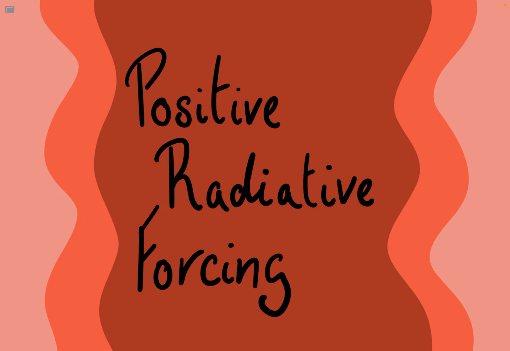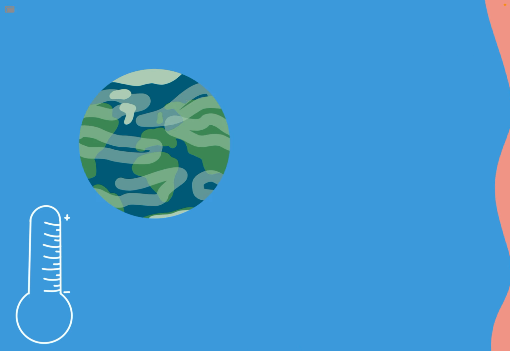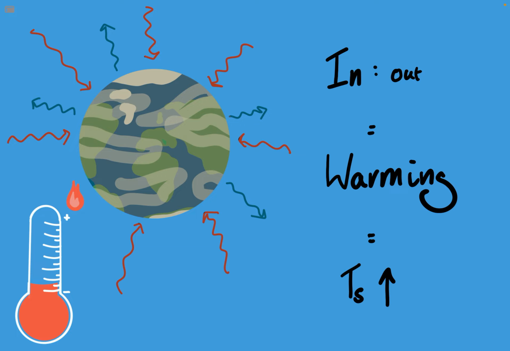Positive radiative forcing. Positive radiative forcing is where there is more incoming than outgoing energy towards Earth, causing an increase in the Earth's surface temperature. Many examples of this are the factors responsible for the increased rate of climate change. Examples include